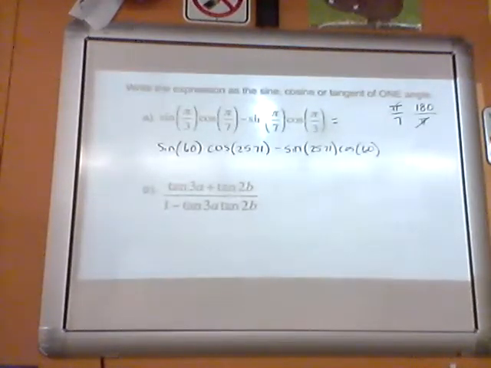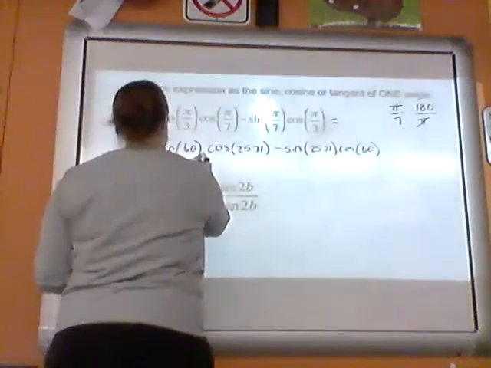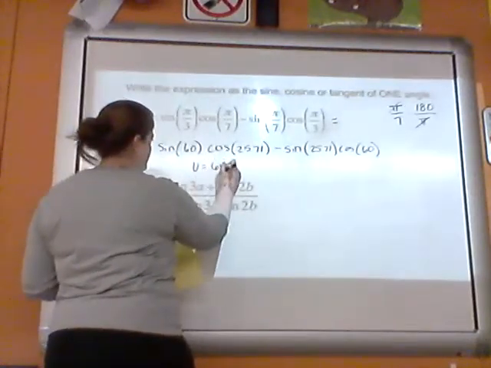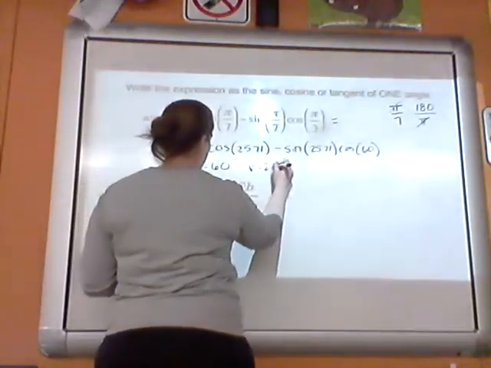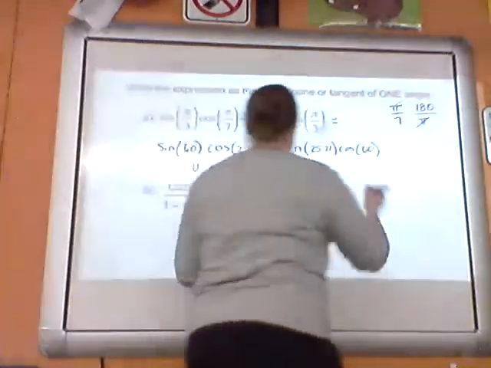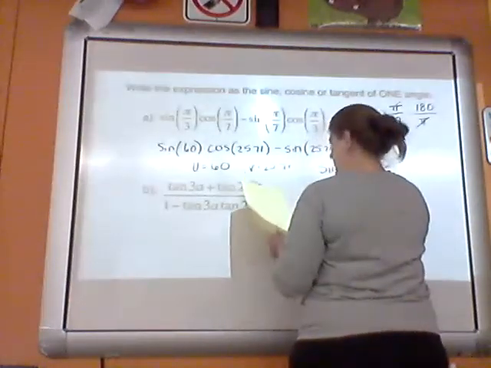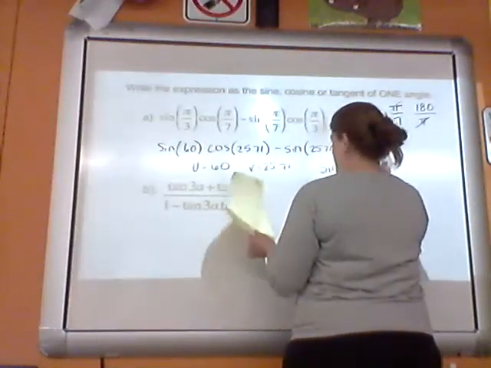Plus they're subtracting, so that means it's sine subtracting two angles. And so our u value is 60, and our v value is 25.71, which means that it came from sine of 60 minus